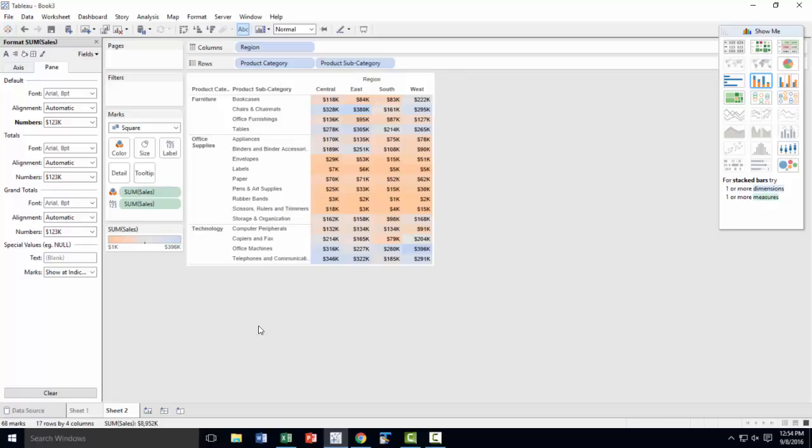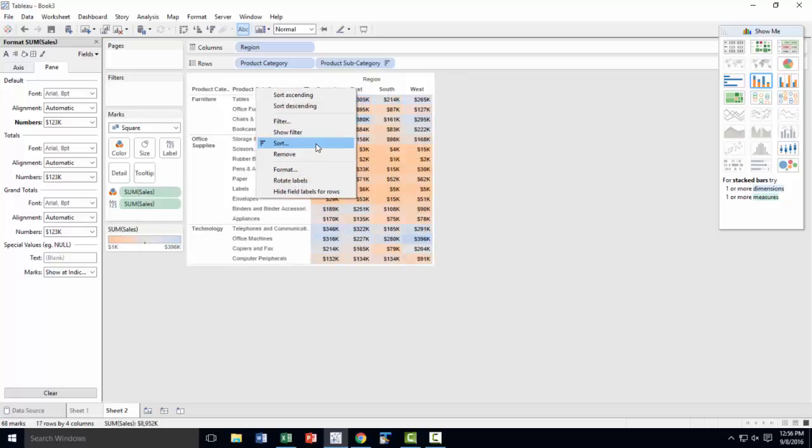Now suppose we want the small sales items to be combined together. We don't want these small little things, like rubber bands and so on, to be shown as separate lines. The next thing I want to illustrate here is how you combine, or group, values in subcategories. We want to combine some of them. So first, to make it easy, I want to sort the subcategories by total sales. So let's go ahead and